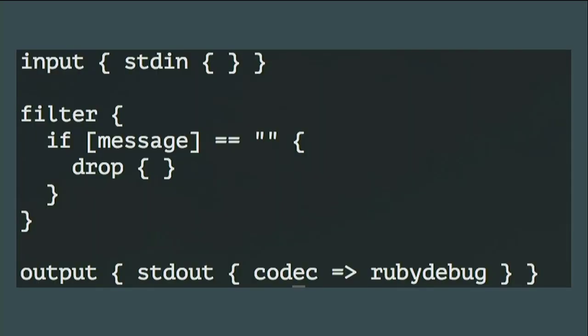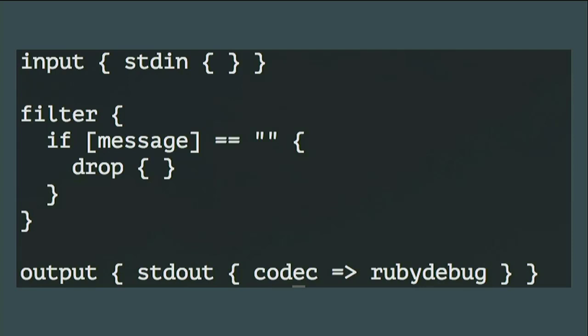This is a very simple Logstash config. This says, I want to be able to type something in. If I just hit the enter key over and over and over, I want to drop it. And then I want to send it out to my display. And I want it to be pretty, right? I don't want to see everything kind of jumbled together. So this is our basis. If you're playing Net Wars, this is the simplest Logstash config that you can have that will work.